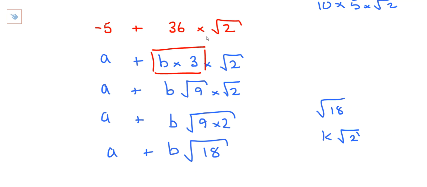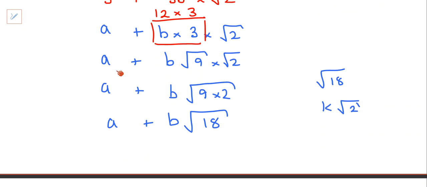Which therefore 36 is 12 times 3. Therefore the b has to be 12. So we end up with -5 plus 12 root 18. Okay? Because what I do is I take this 3, the 12 times 3, and I kind of go